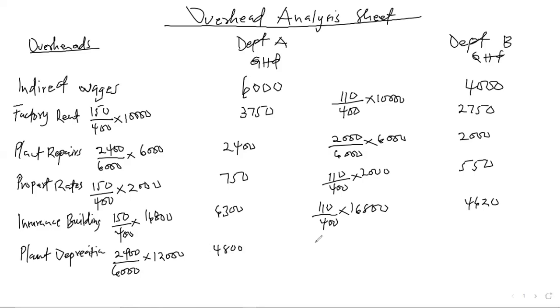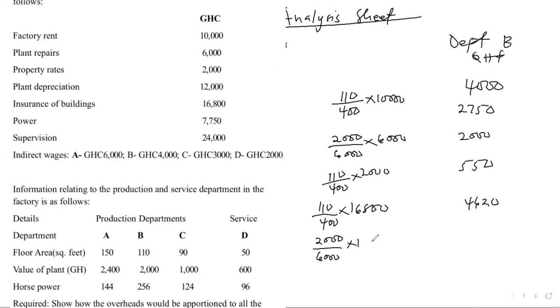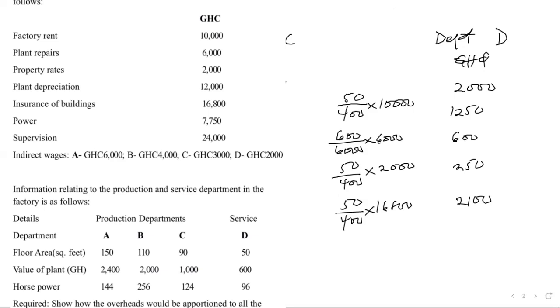Then we move here, we have 2,000, which is the value of plant for department B, divided by the total value of the plant, times 12,000. 12,000 is the cost of the plant depreciation. So when we cancel this, we have 4,000. Then we move to department